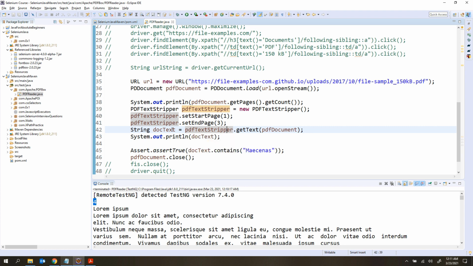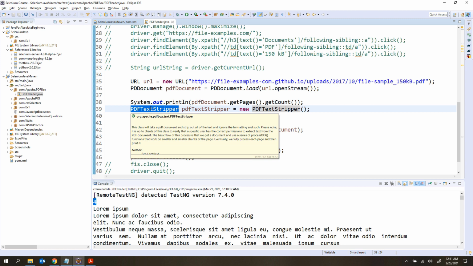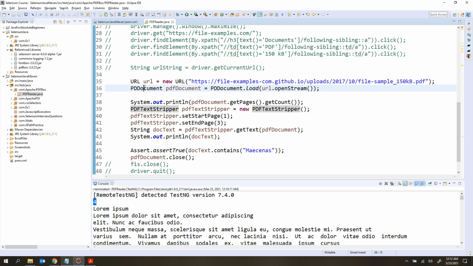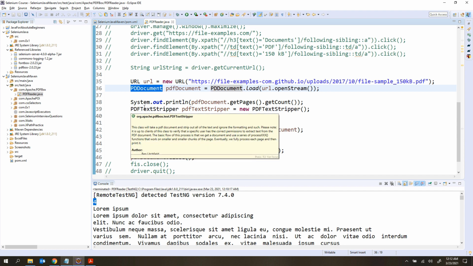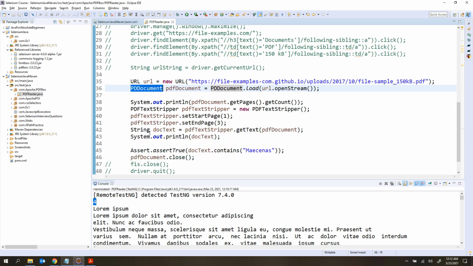So we have to read the data from the PDF and we have to do some assertions here, based on our requirement. It is very simple, right? It's pretty straightforward. We are using two class files. What are those two class files? The first one is PDDocument, and the next one is PDFTextStripper. So these are the two classes that we are actually using from PDFBox. So if you are reading the data from the PDF, you are going to use only these two classes. If you are performing any other operations like editing the data or creating a new file, then we are going to use the other classes also. But for reading, only these two classes we are going to use.